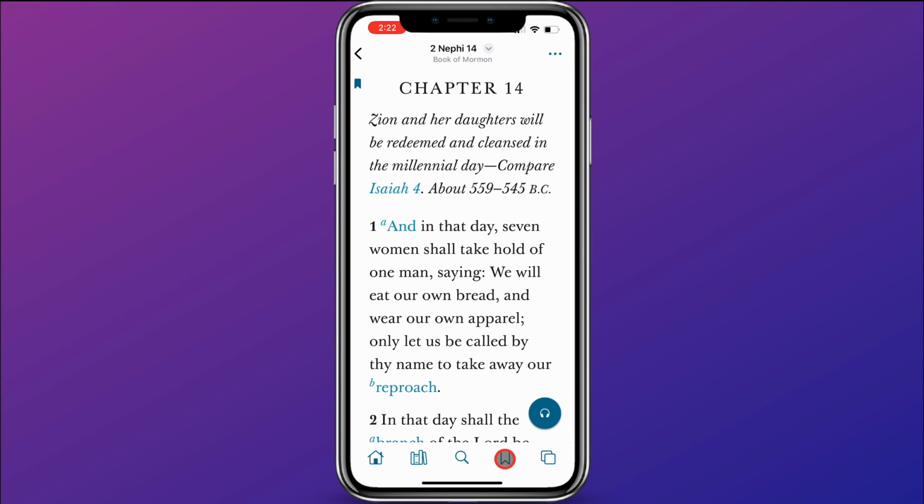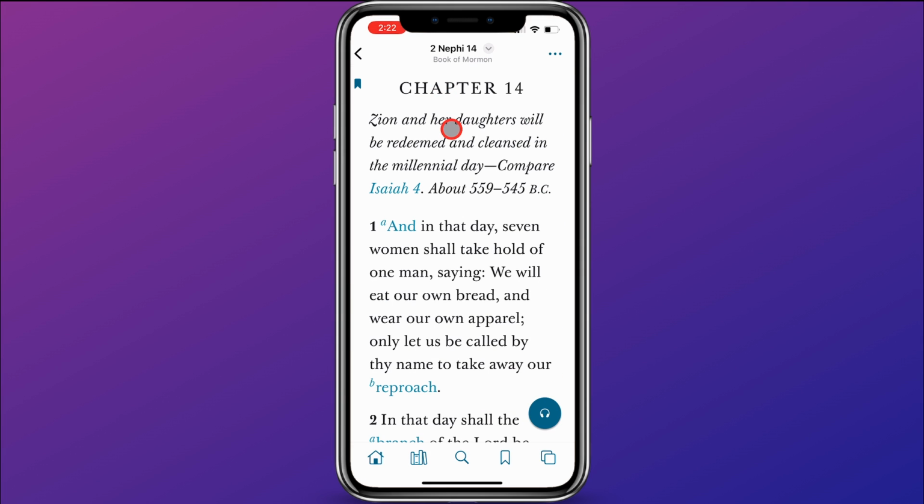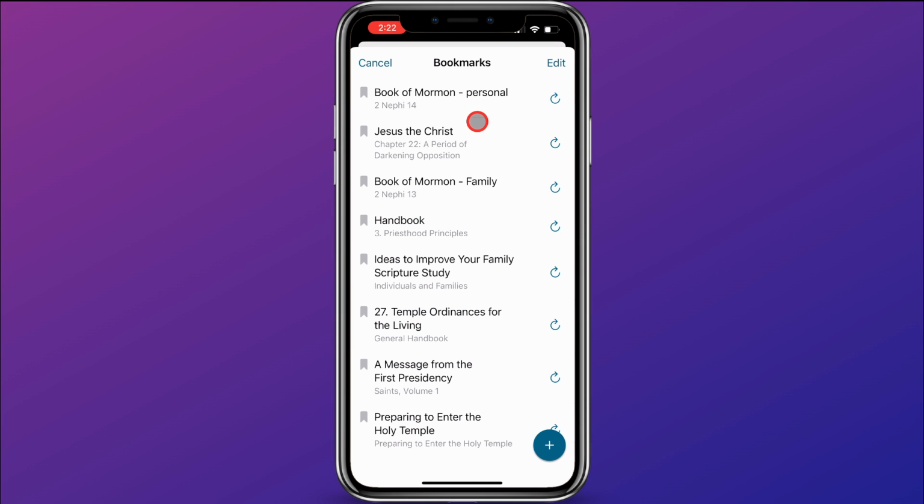So if I come down here and click on the bookmarks icon, I can click on this Book of Mormon personal, and it'll take me to right where it is that I'm reading the Book of Mormon for my personal studies. One thing about bookmarks that will make them even more powerful for you is if you take a